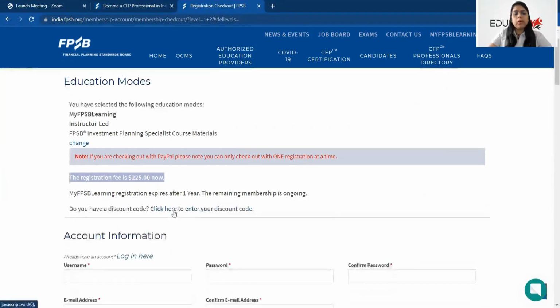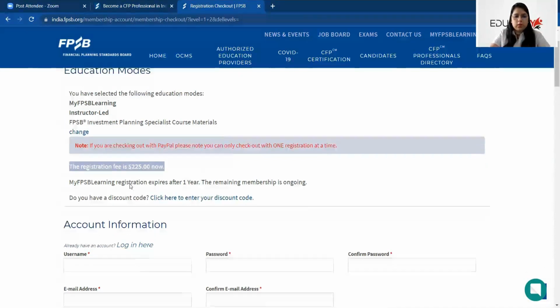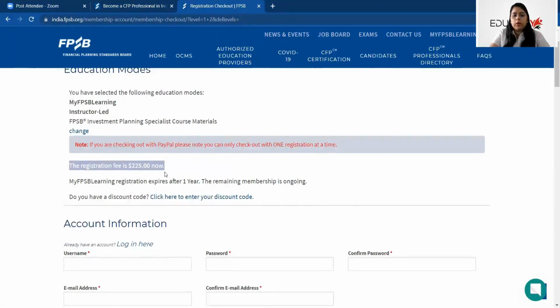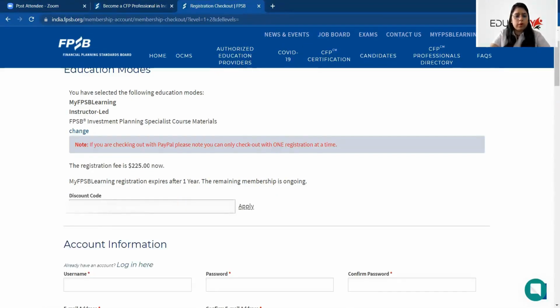Okay. So if you're going for an instructor-led program or if you're going for self-paced study, at that time, you'll have to compulsorily purchase the study material as well. So that cost will be added. Now, if you're going through an instructor mode, you might have got a discount coupon from your institute, which you can apply over here, just like that.